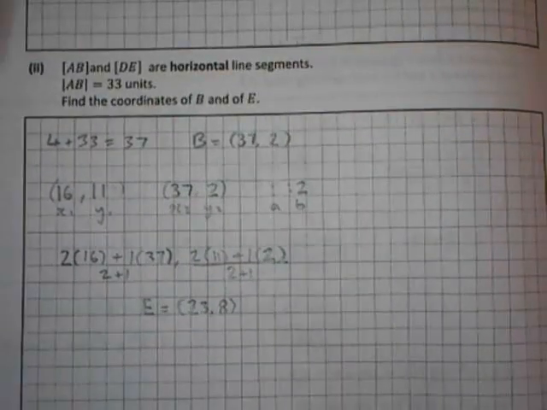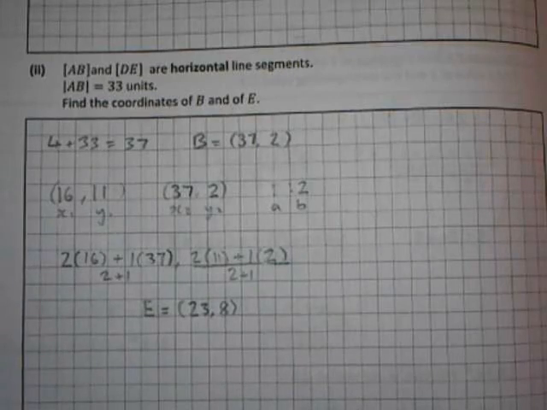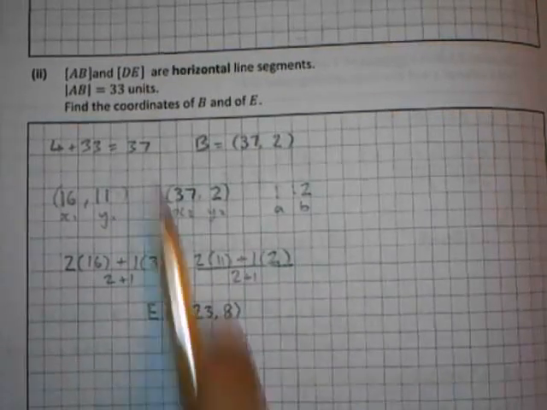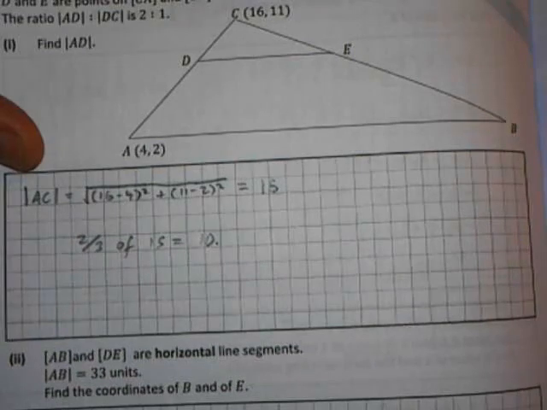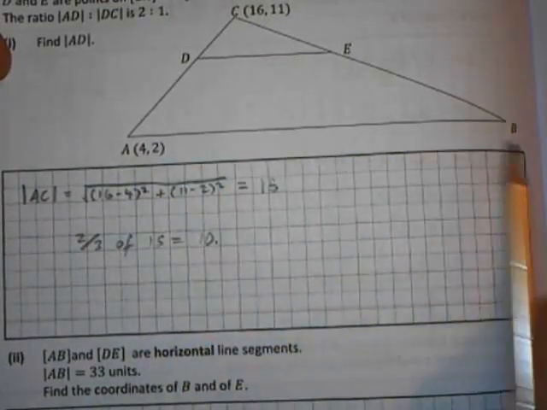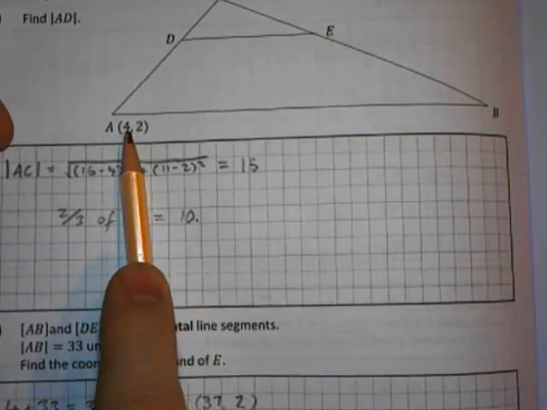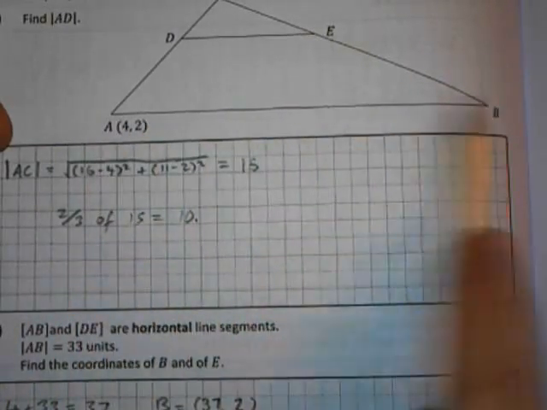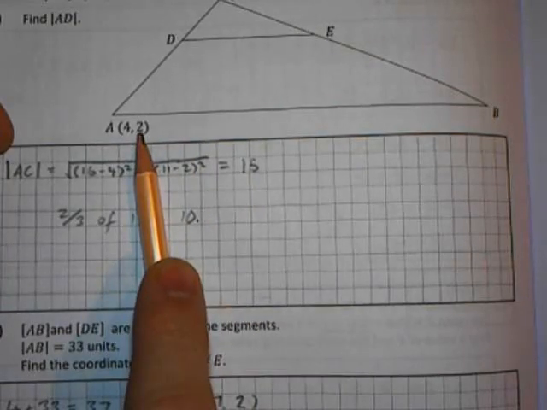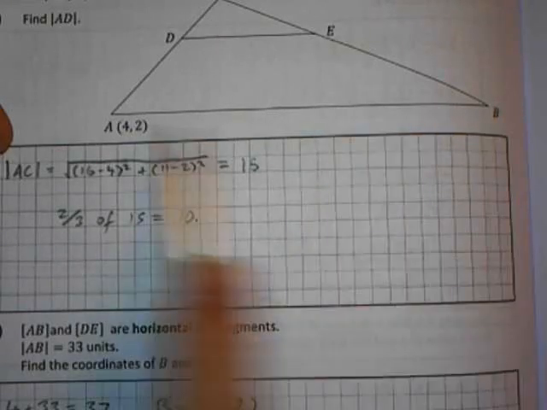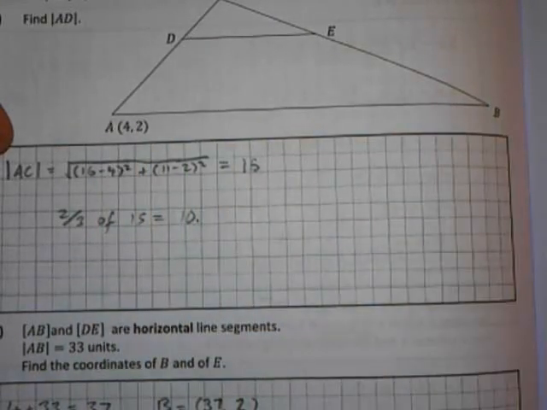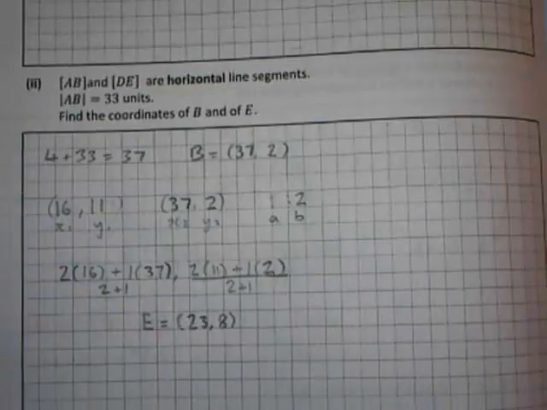Right. I'm going to have to look at the top as well here, aren't I? So AB is 33 units and it's horizontal. So if I look up here, this is a horizontal line and it's 33 units. What that means is that this 4 is going to change by 33, but this 2 is going to stay the same because it's horizontal. Okay, so that's just 37.2. There's no real maths, it's just add 33 on there because it's a horizontal distance change. So we've got B, 37.2,